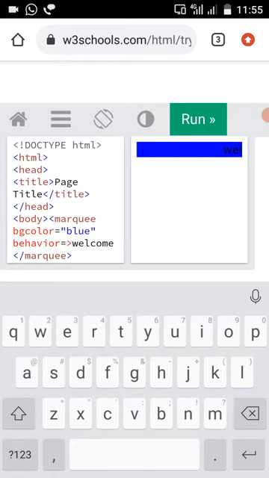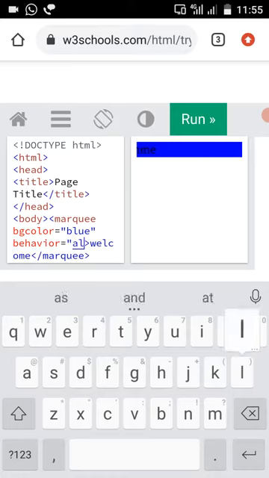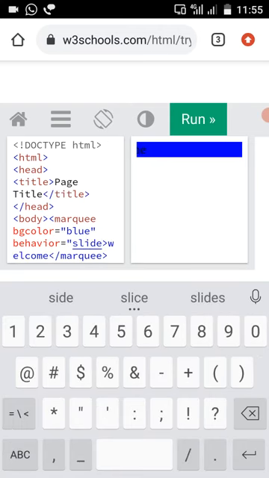Then you should include the attribute value for behavior called slide. Whenever we add this feature to the marquee, the text represented on the marquee is going to slide. Let us look into the output now.